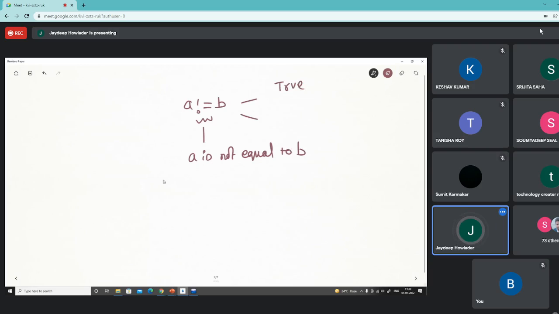If their values are equal, then it returns false. Okay, get it? So in this case, the value of A is 20. This value is 300. So in C programming language, the true value is represented with a 1, and the false value is represented with a 0. Understand? Clear? So what is the result?